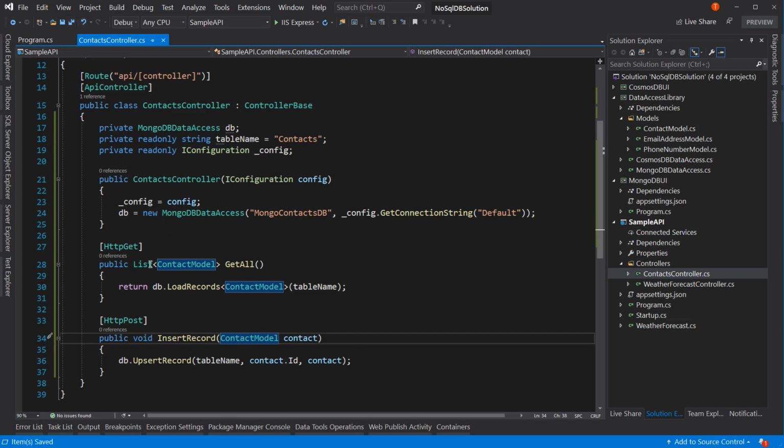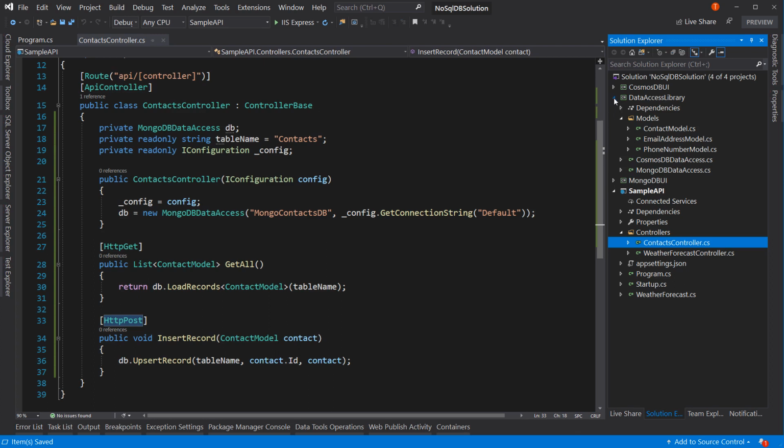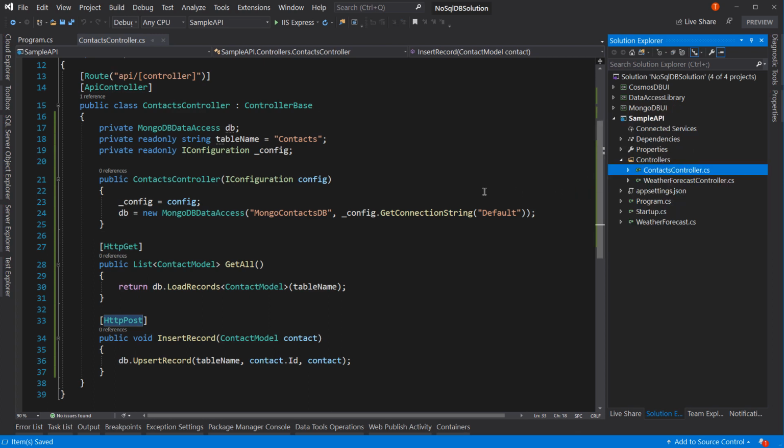All right, so now we have our two values, get and post. So it's /api/contact for HTTP GET and /api/contact with HTTP POST for inserting the record. All right, now that we have our API, we can actually use our API. This is now going to become our data access layer for a new application. Let's right-click on